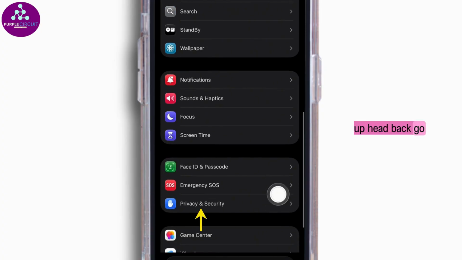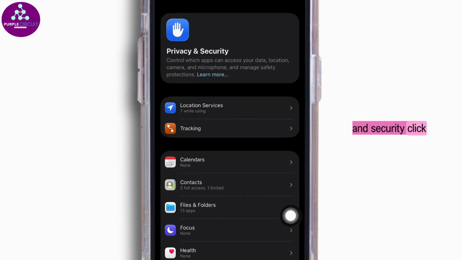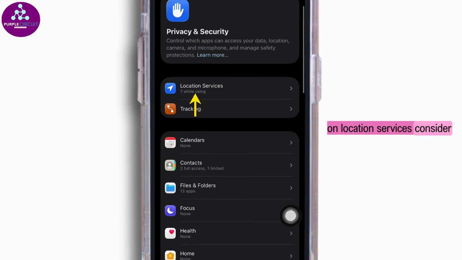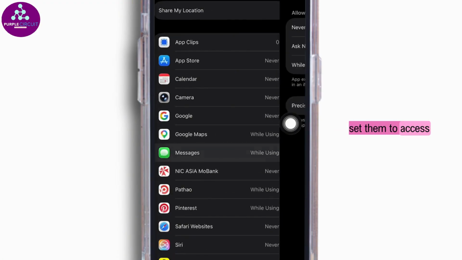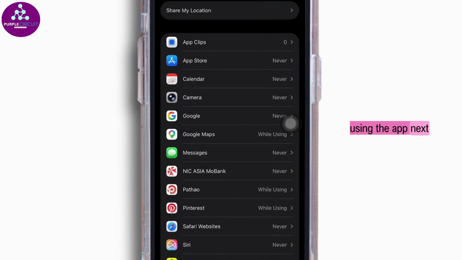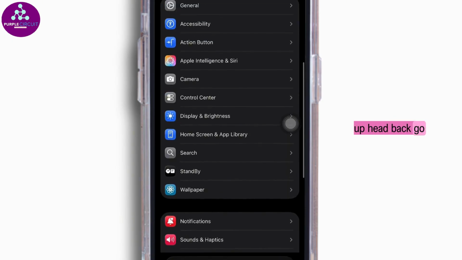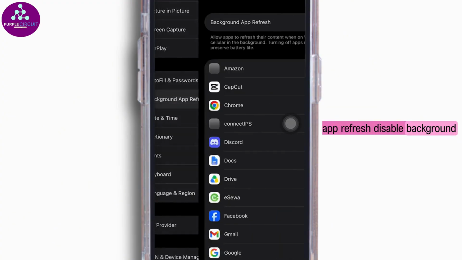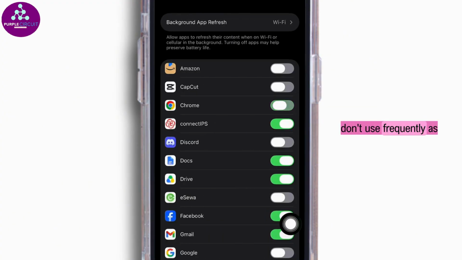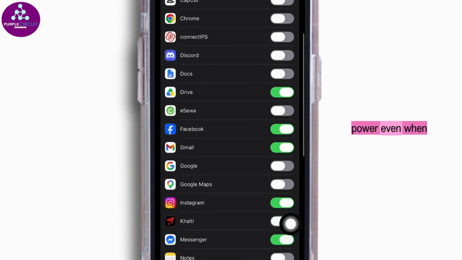Next up, head back, go to the option Privacy and Security, click on Location Services. Consider disabling location access for apps that don't need it or set them to access your location only while using the app. Next up, head back, go to the option General, click on the option Background App Refresh. Disable background refresh for apps you don't use frequently, as these apps can consume power even when you are not